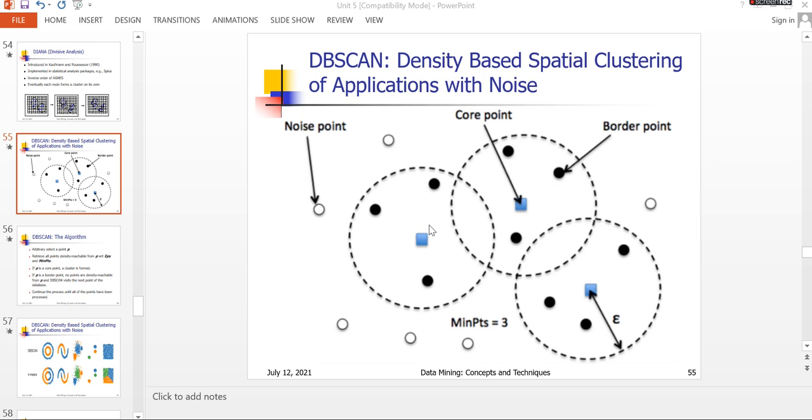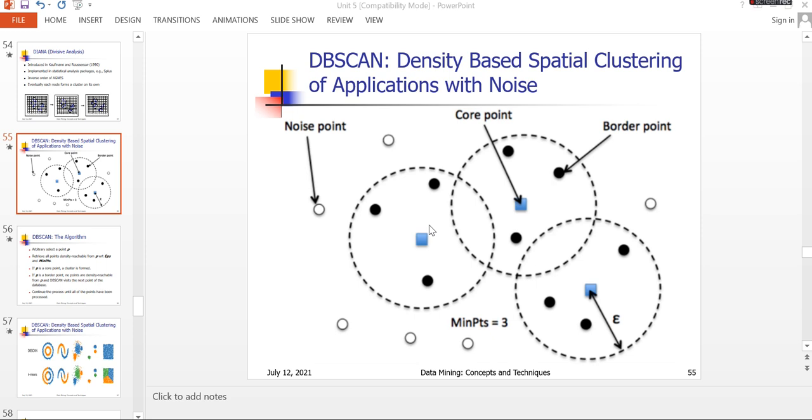The border point is, in the core point, with radius we have drawn a circle, that is treated as a cluster. So in that, for each and every point you take again epsilon radius and draw a circle. If you do not get the minimum points, which equals 3 here, if you do not get 3 points, that is treated as a border point.